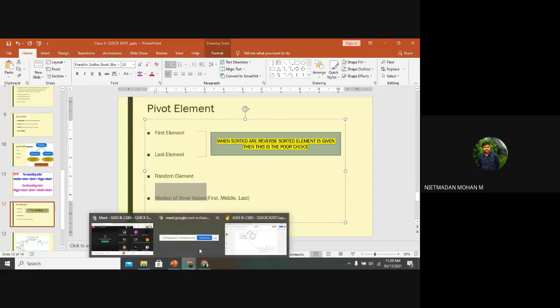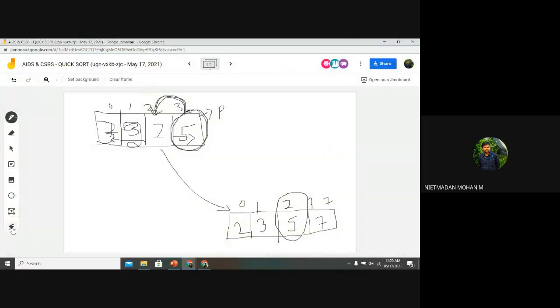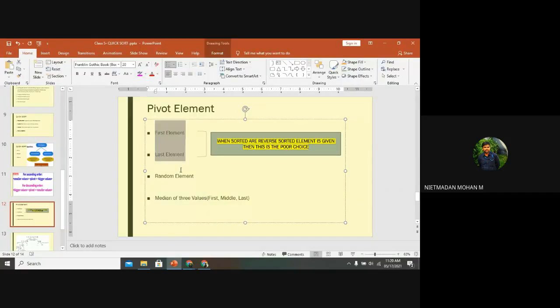The average of these elements is the median value. So in these cases, we can select the pivot element of the particular list, right?